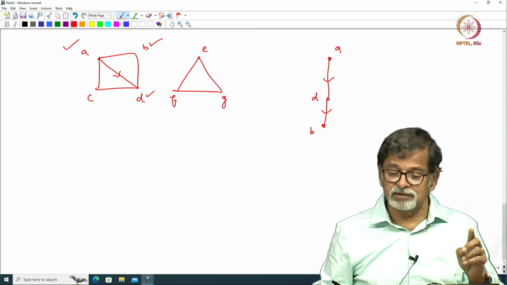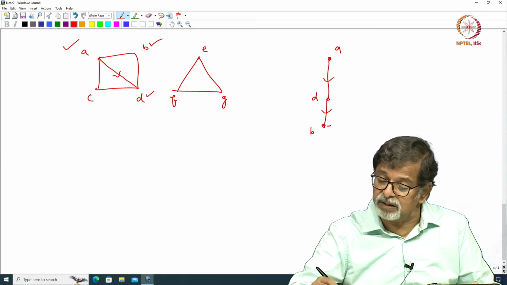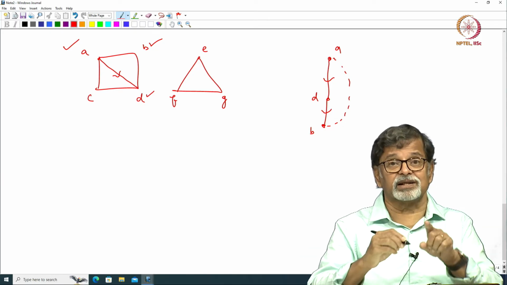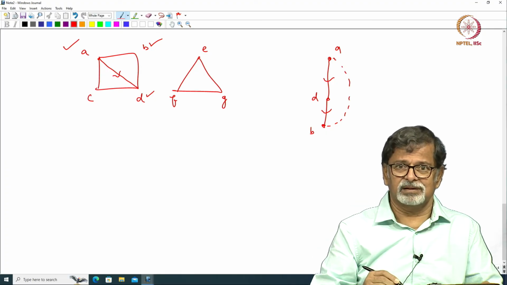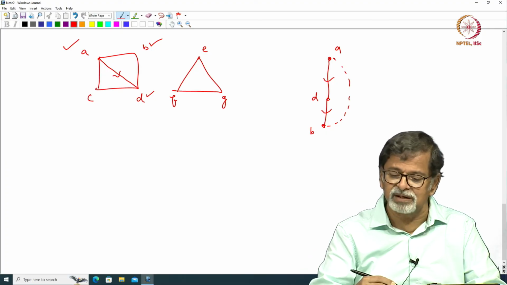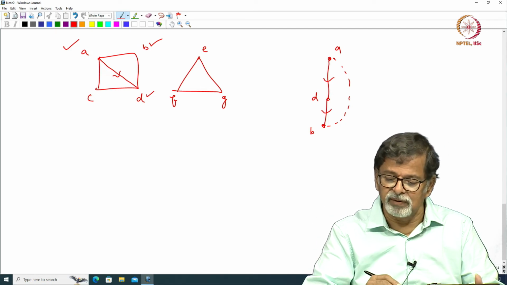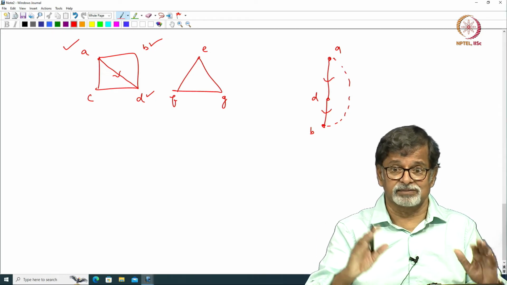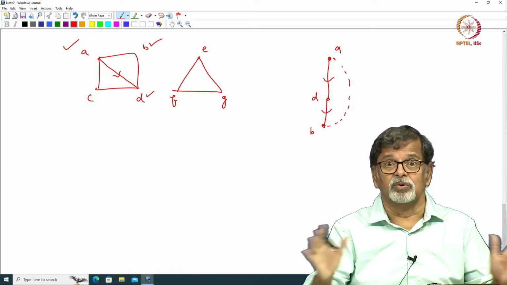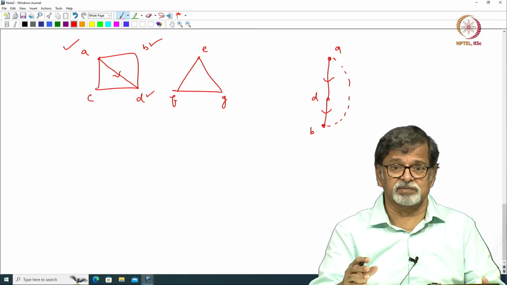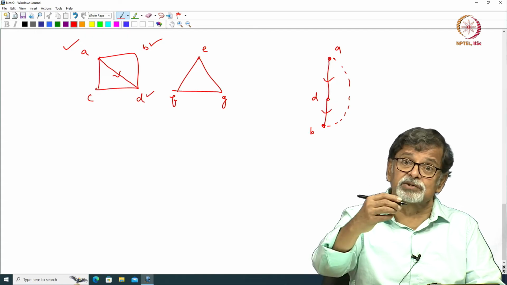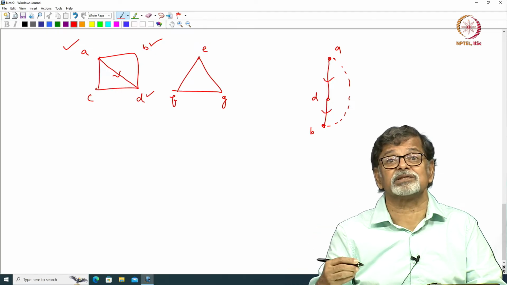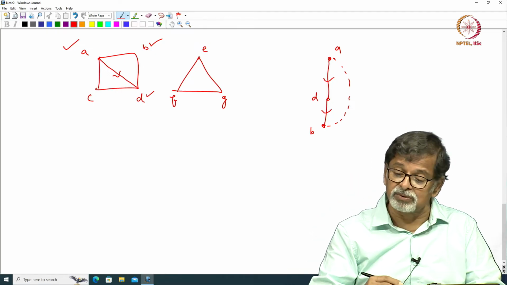B has two neighbors. B has one neighbor A that is already visited, B has another neighbor D, but that is from where you had come here. So, DB is visited, therefore, everything with respect to B is done. No further exploration is possible. The control backtracks to from where the call for B was triggered. The call for B was triggered at D. So, when you come back to D,